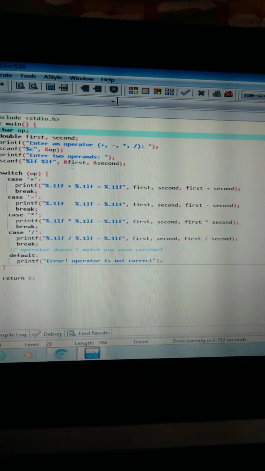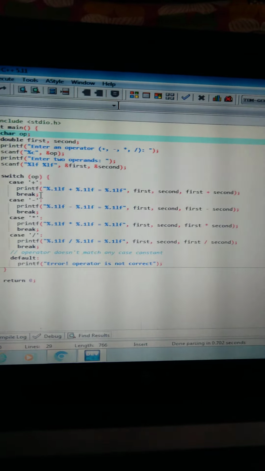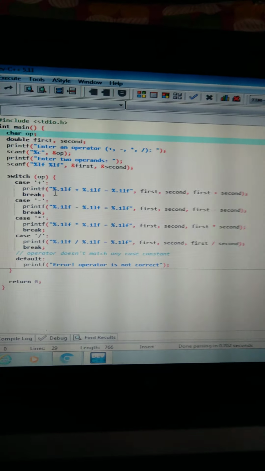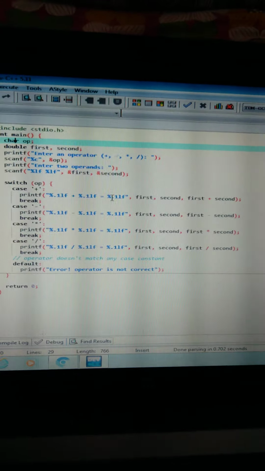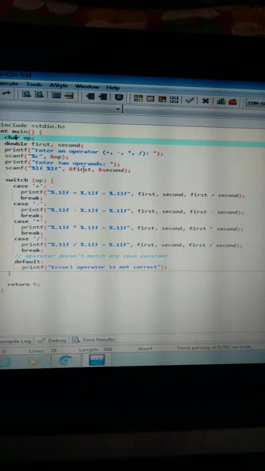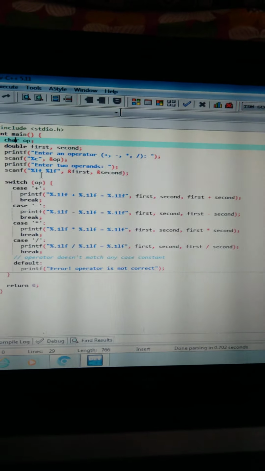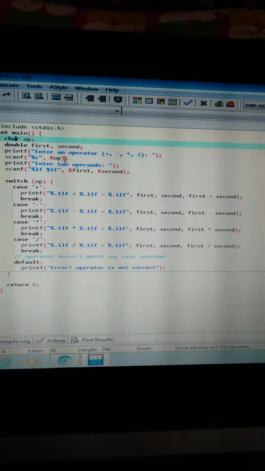We are taking only four operators, so for four operators these switch cases will appear. First is the plus operator. First we have to enter this line. We have to enter the operator and operands seeing these sentences.